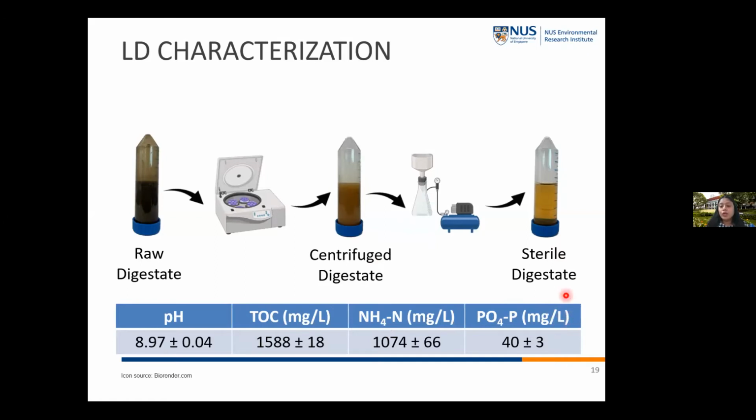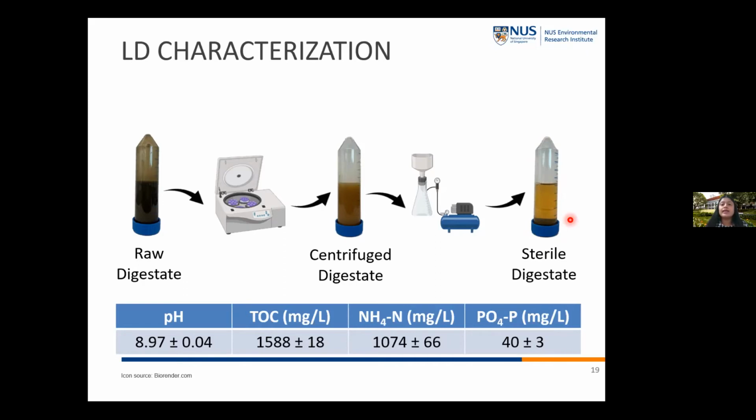Now, there was one problem here though. The digestate, although we filtered it, looks something like this. Microalgae are photosynthetic microorganisms, so they need light. If the digestate has this kind of color, there is a possibility that when we grow microalgae in it, there could be light limitation, which will hamper their productivity.